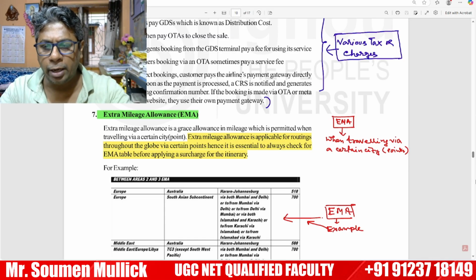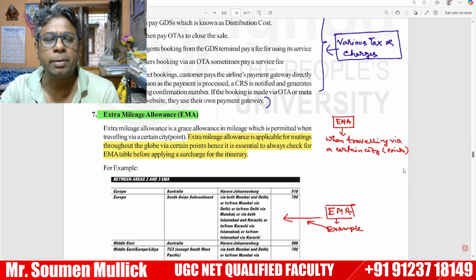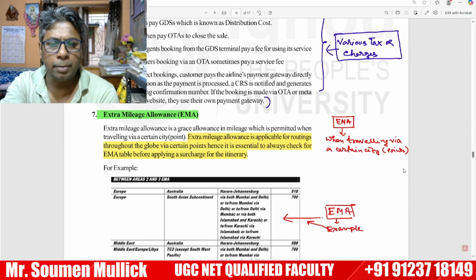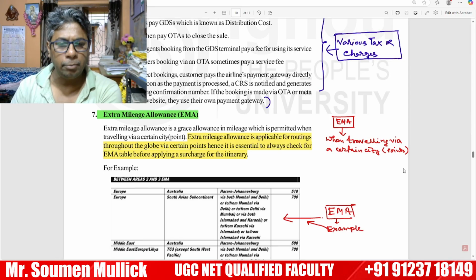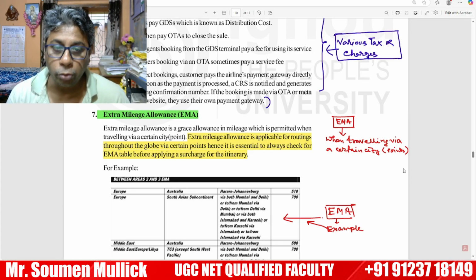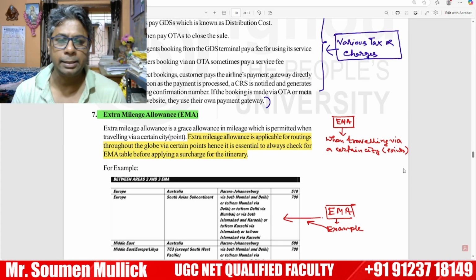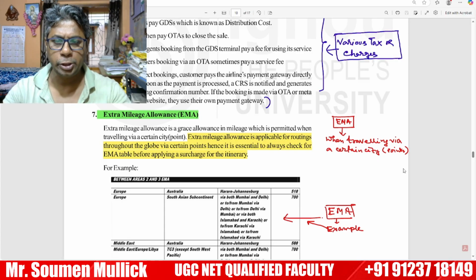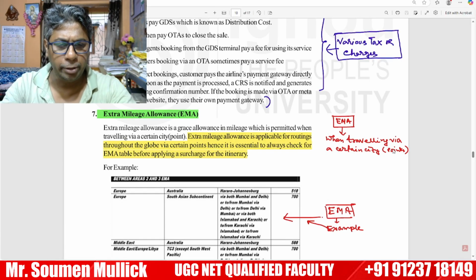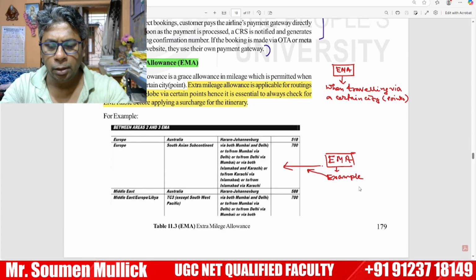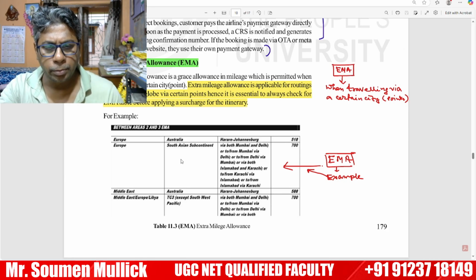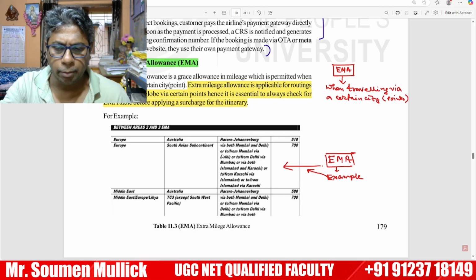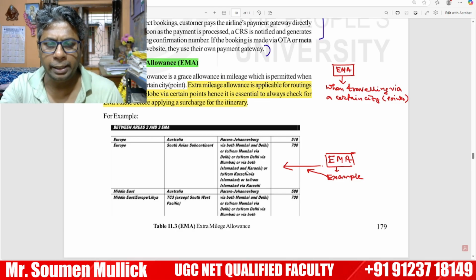When traveling via certain city, the extra mileage allowance is applicable throughout the globe via certain point, and hence it is essential to always check for EMA. As an example, EMA Europe, South Asian subcontinent, and to some case via both Mumbai, Delhi, or